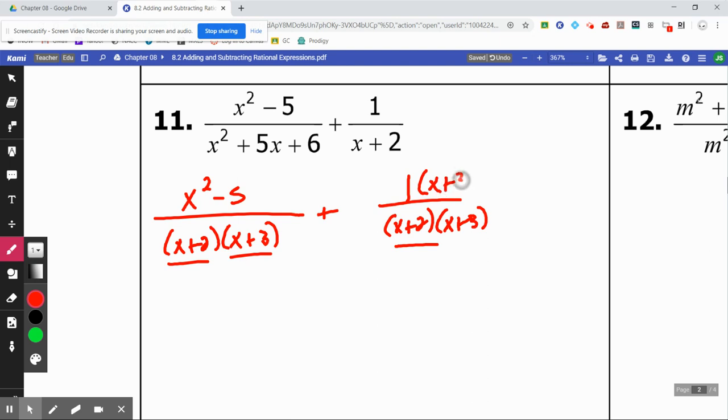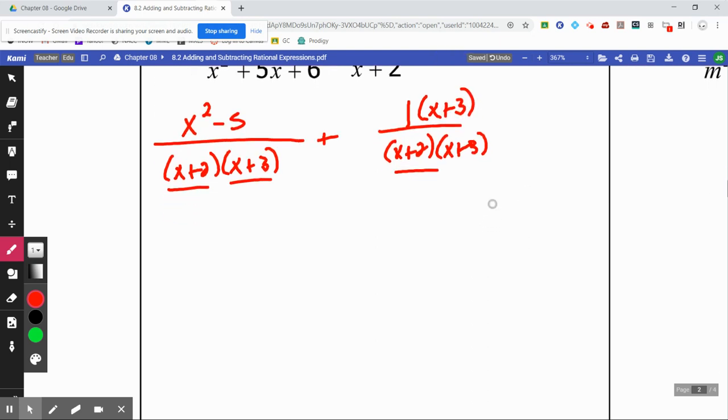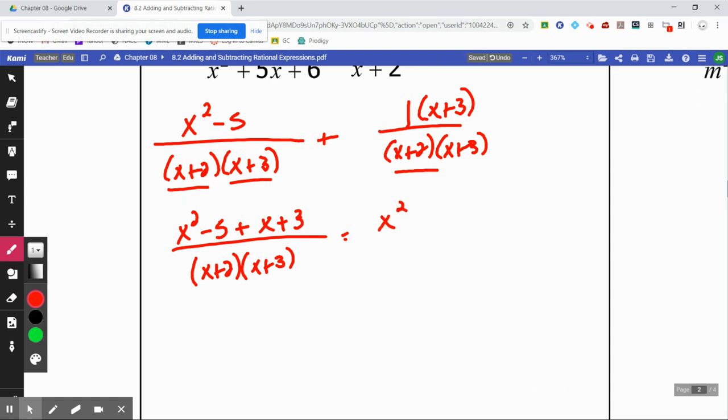Now the bottoms are the same. Make sure if you multiply the bottom by anything, you do it to both, top and bottom. So your common denominator is now x plus 2 times x plus 3. On top, you have x squared minus 5 plus x plus 3. Combine any like terms. On top, you now have x squared. Put your x next, and then negative 5 and positive 3 is a negative 2 over the x plus 2